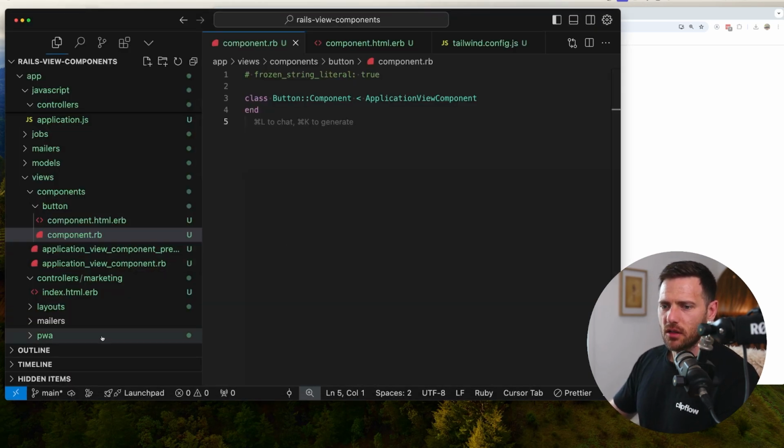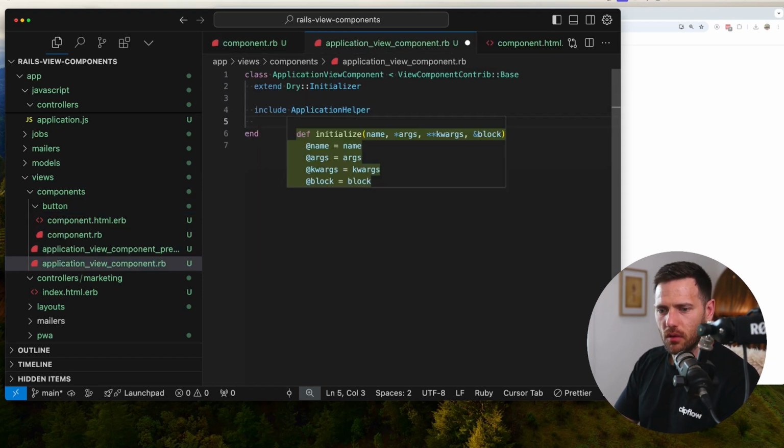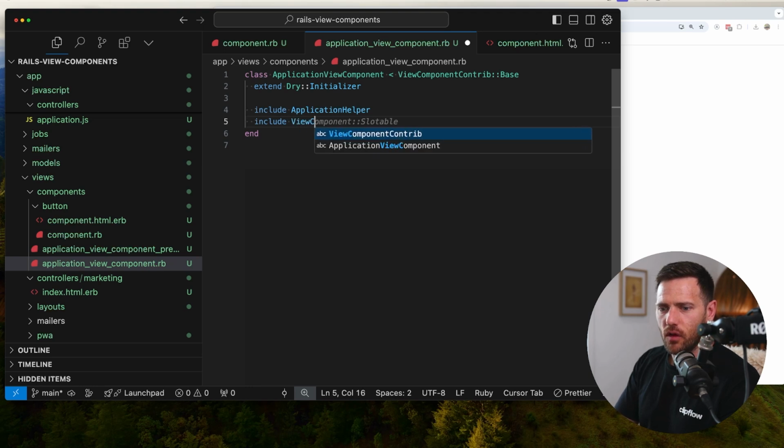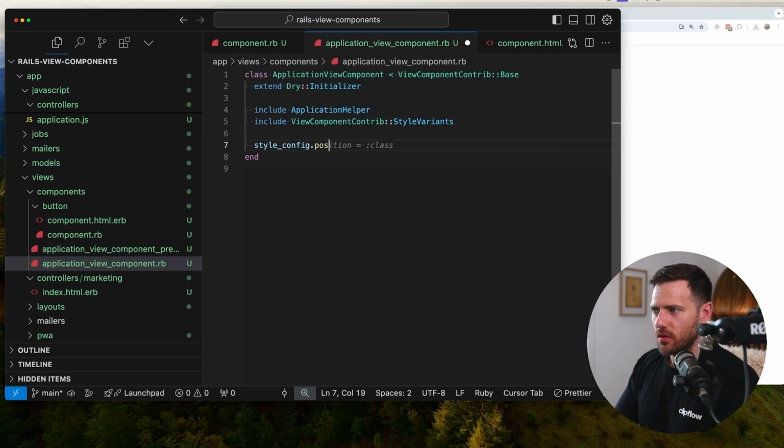So now what we can do is quickly add in a little bit more boilerplate here for our view components. We also want to include view component contrib. That's the one I want. It's called style variants. Okay, we want that. And then we want to go style config dot post process